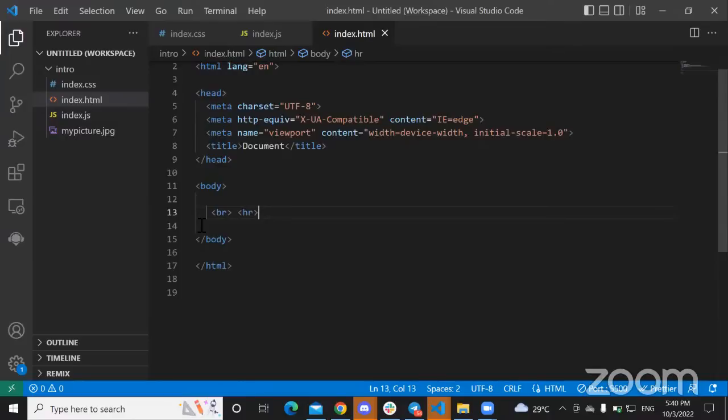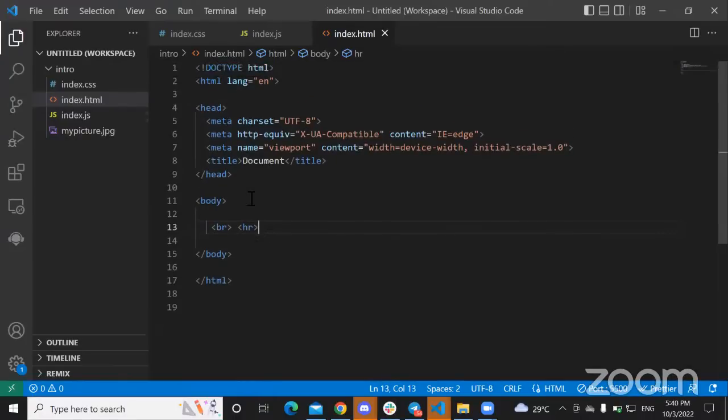BR simply means break. BR simply means to create a line on your document. If I go into that,